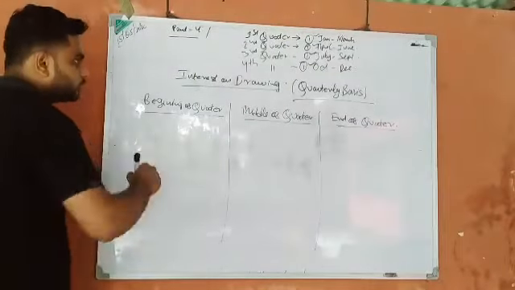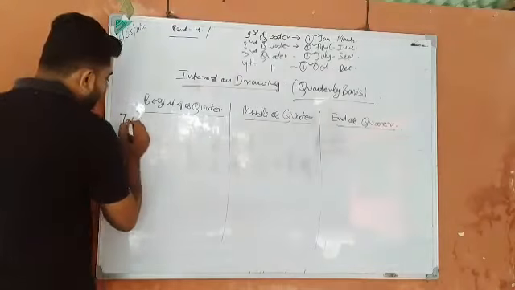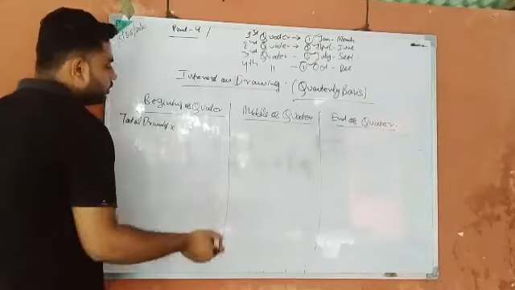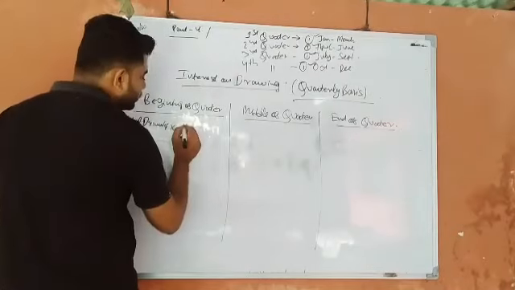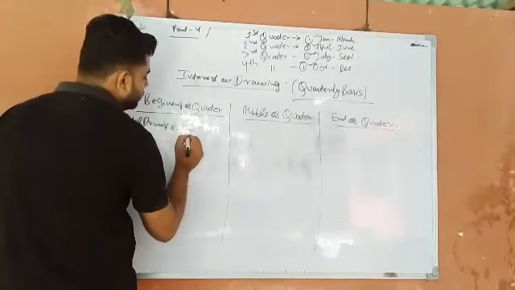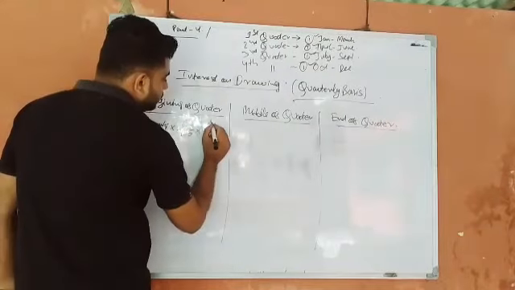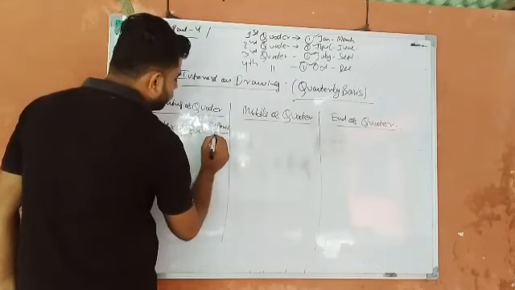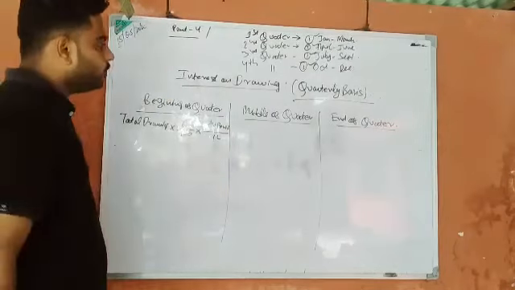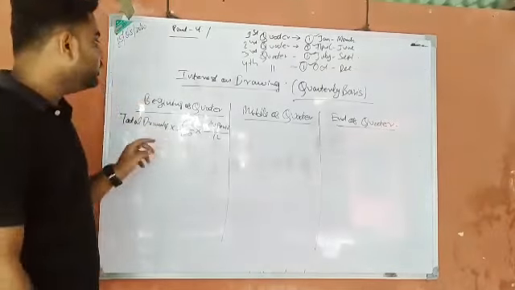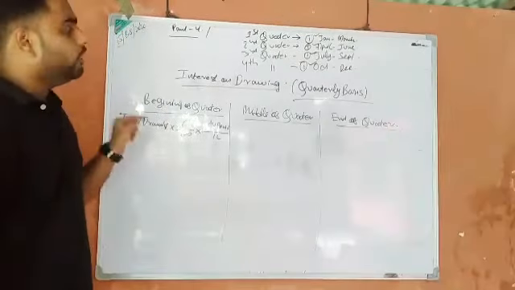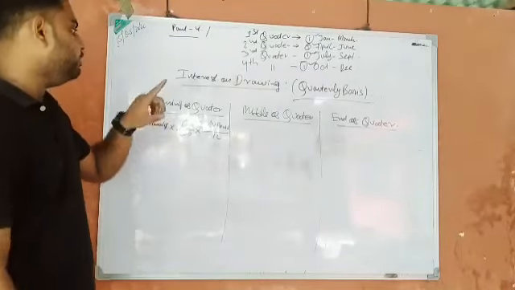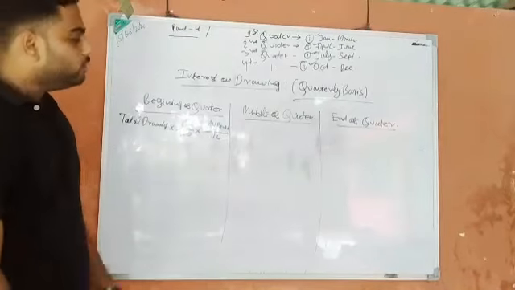So just like in the previous case, we must know the total drawing, and the rate will also be given to you in most of the cases, and we are supposing it 6% only. The main thing that you have to know is the average period, because if you don't know the average period, whatever calculation you do will be wrong. If the question says the drawing is on a quarterly basis, you must know how to calculate that average period.